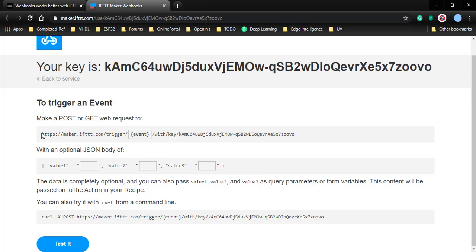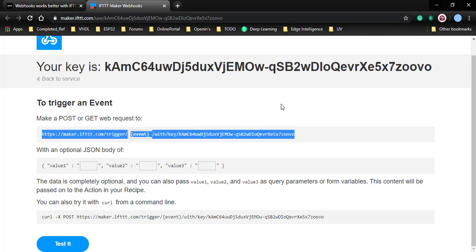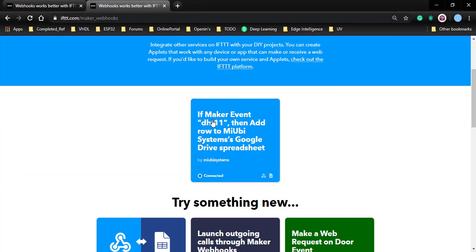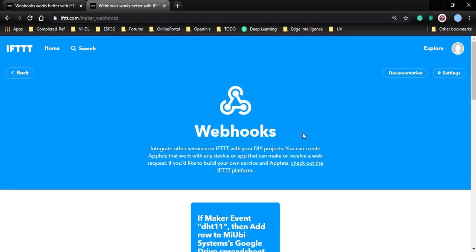I'll copy this, and the same will be used by replacing this event name with whatever we have placed as the event name. If you remember, our event name is DHT11. The event name is DHT11. Fine. So let me get access to the API.